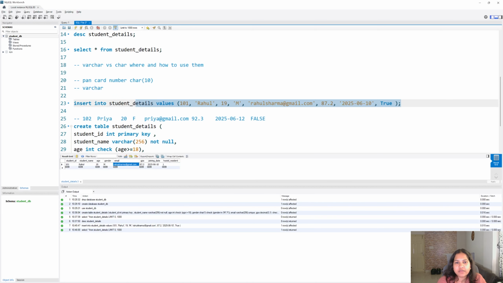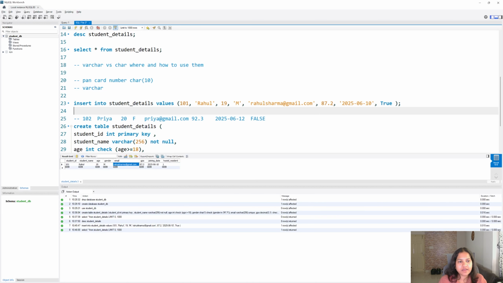So now the same code, we'll write it again. Insert into student underscore details values, bracket open, bracket close, semicolon. First, the ID is 102. I told you ID is going to be the primary key. What if I put 101 again? Let's see. 101. Okay. And then the remaining details I'll keep normal. Priya is the name. Let's put the first letter capital. Priya is the name, and the age is 20.